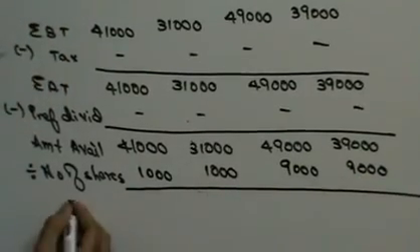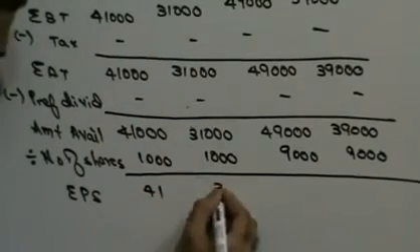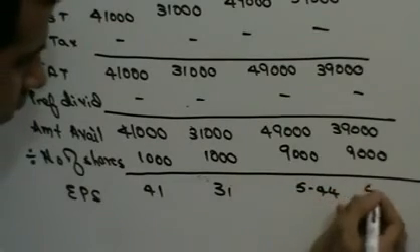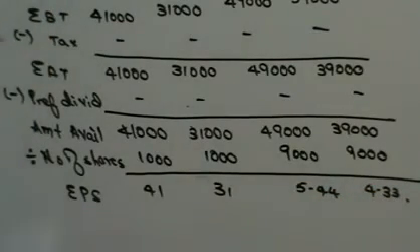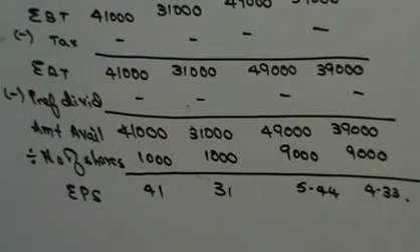This will give you EPS. Someone please tell me how much is 41,000 divided by the shares. 5.44, 4.33. So that will be your impact on the shareholders' wealth. The EPS will be highest in this condition. Right? Next,